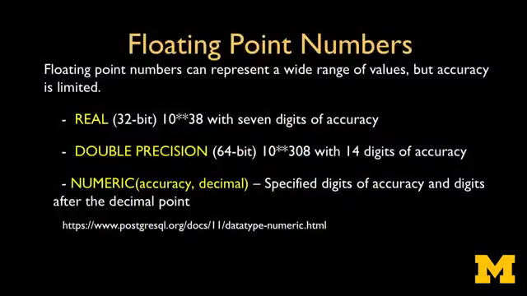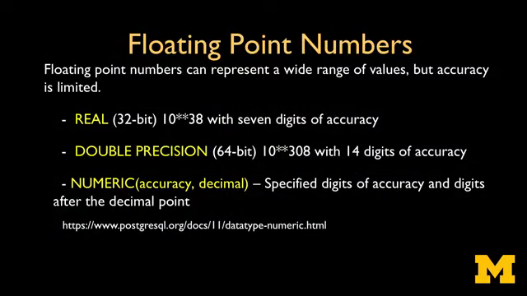If you're taking like an average of the weather temperature over a long period of time, it's probably good enough. But if you're doing some real precise stellar calculation where you're calculating forces as stars smash into each other, real is not good enough because then the errors creep in because it's only got 7 digits of accuracy. So that's where double precision comes in. We call it double precision because it's twice as big, and usually for scientific computations where you're going to do lots of computations over and over again, like in a simulation, you always